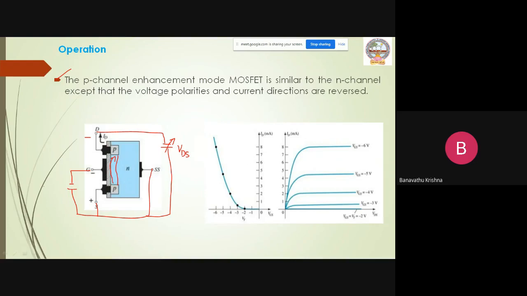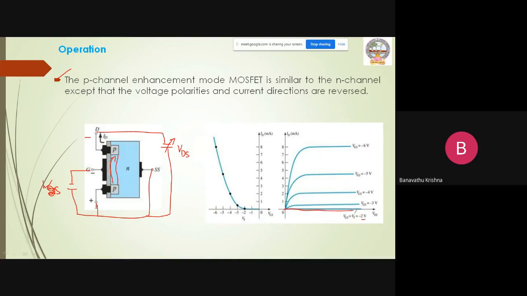Here this voltage is nothing but VGS. Let us see here. VGS equal to VT equal to minus 2 volts means there is no channel established in between source and drain, so there is no movement of charge carriers even if you are applying negative voltage at the drain terminal, because there is no channel. So obviously current is zero.